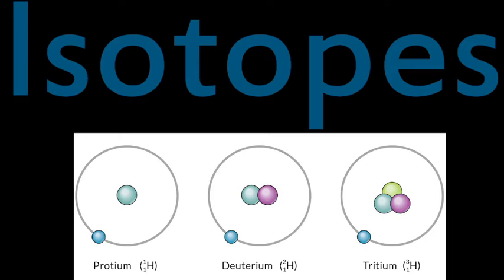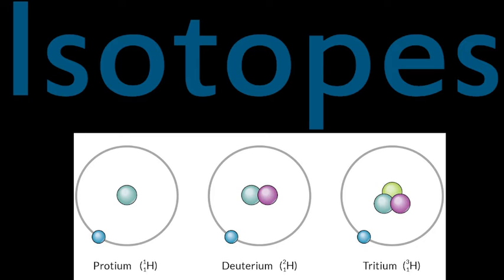Example number 2. The 3 isotopes of lithium are Li-6 (atomic number 3), Li-7 (atomic number 3) and Li-8 (atomic number 3). What are the numbers of protons and neutrons in each?